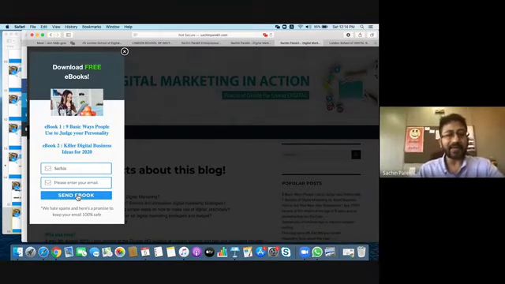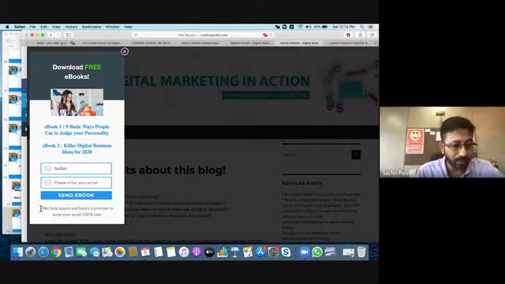And this is the area that I wanted to show you. Very important. We hate spams. And here's the promise to keep your email 100% safe. So you make this promise, and of course you keep this promise so that they believe you and they give you their email addresses, and you do not keep sending them mailers.